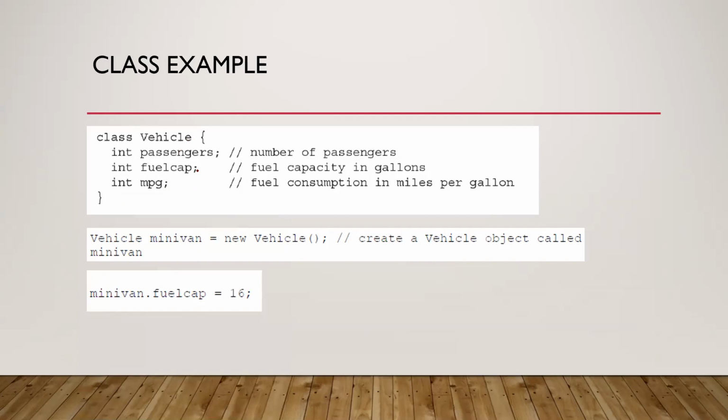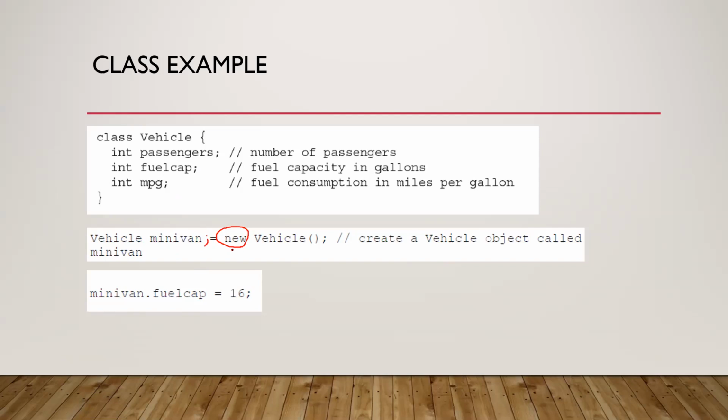And then we showed how an object is being created. So here the most important thing is this new keyword, right? This is something we have not seen earlier. In fact, if you just write Vehicle minivan, and you don't have this statement, then the variable is declared, but no memory is allocated corresponding to the object. The object is not created. So this is one of the major differences.